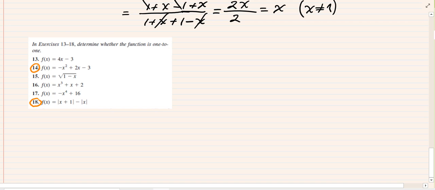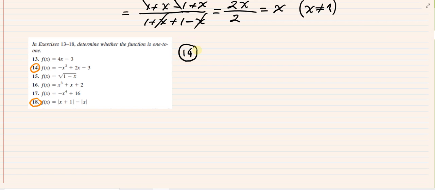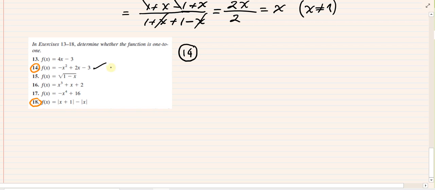In number 14 and 18, we want to show whether the function is 1-to-1. Now, again, a lot of people use the graph and they do the horizontal line test. In order to show something does not possess an attribute, you come up with a counterexample. So for example, let's say this is not 1-to-1. If I want to show that it's not 1-to-1, then I can just find by inspection,